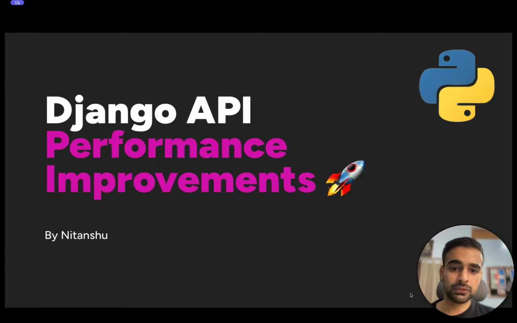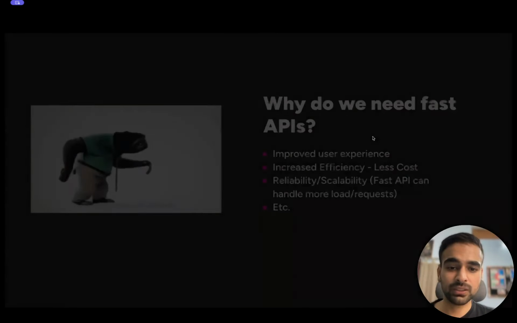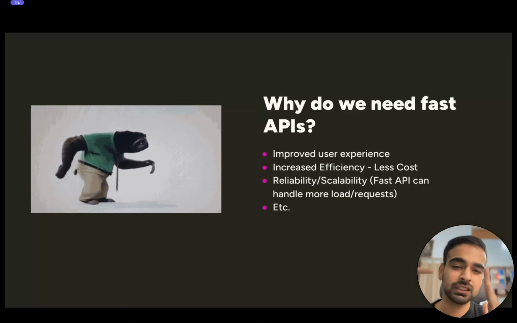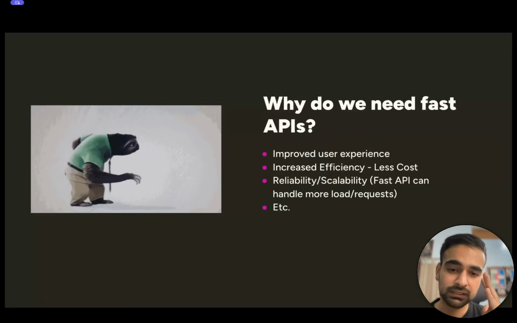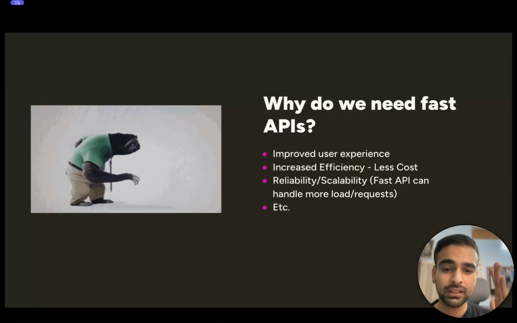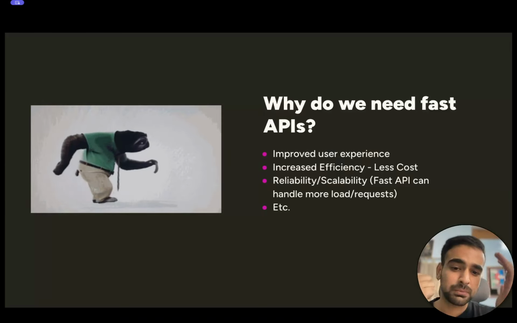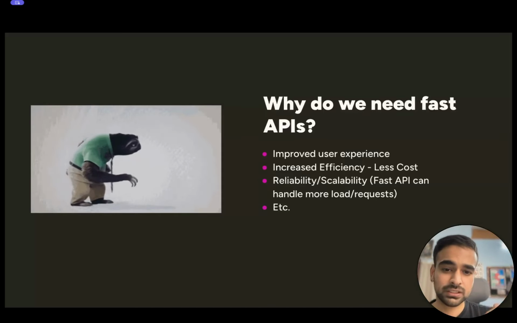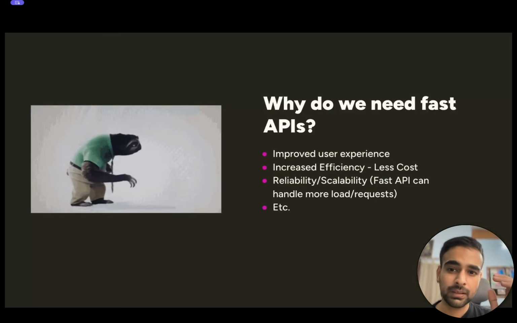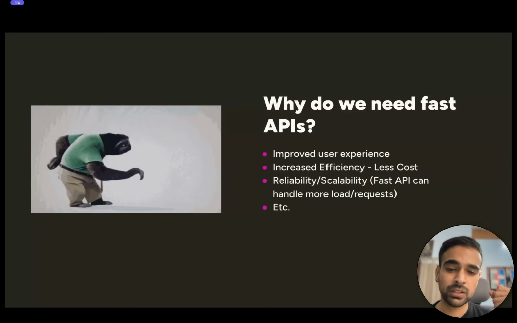First of all, before we even start into this, I need to tell you why we even need to optimize backend APIs. When a user makes a request, it hits your backend servers, your backend application. The amount of time it takes to process that request and return the response back to the user is your backend processing time, and that is the time which we want to reduce, because reducing this time will lead to an